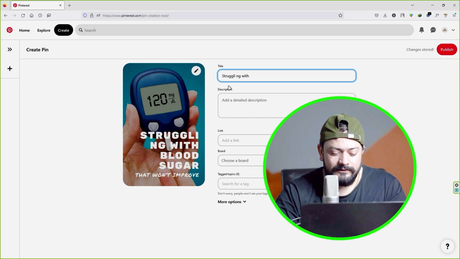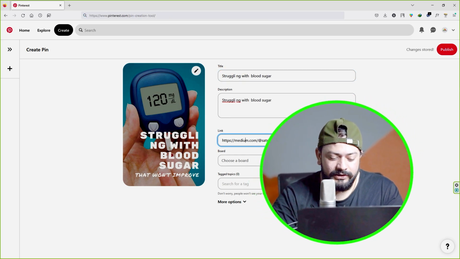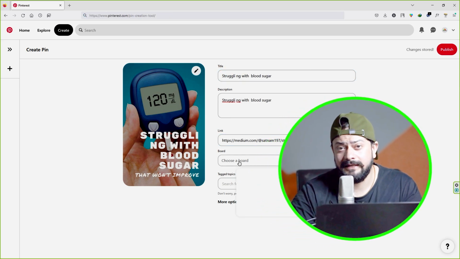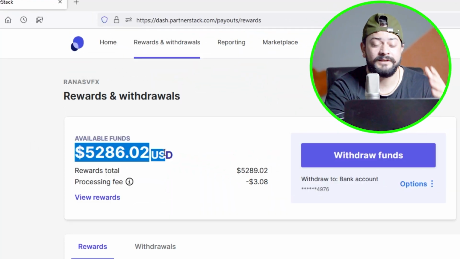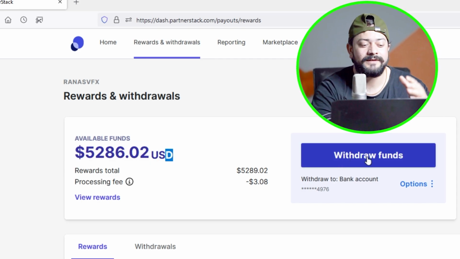Add the title, tags, and in the link section, add your Medium article link. With that, people read the article first before buying the product from your affiliate link. Remember, these strategies require time, effort, and smart work. Your Pinterest account might take time to grow, but once it's done, it can become a great source of passive income. I have used this strategy to earn over this much money, and I hope you find this information